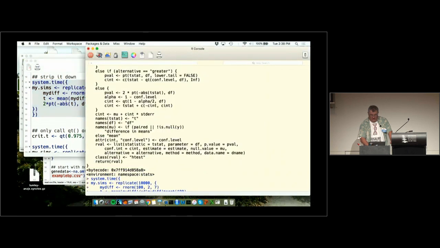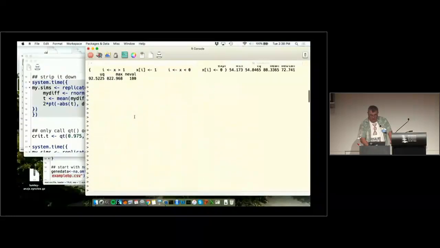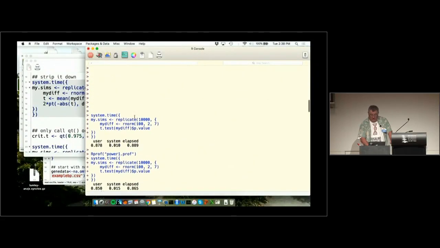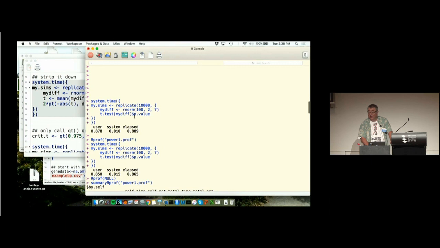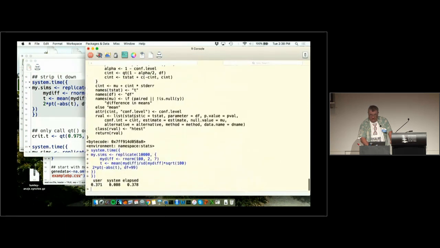So if we compare that to the first one, the first one was taking about 0.9 seconds. We've got it down to about 0.4 seconds. And this is a good point to